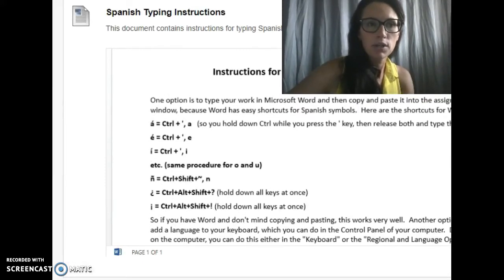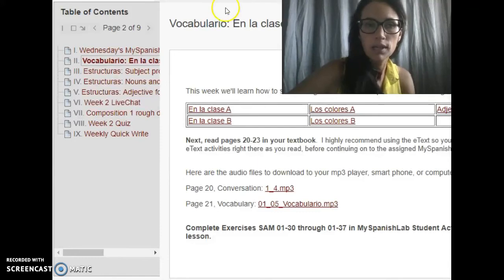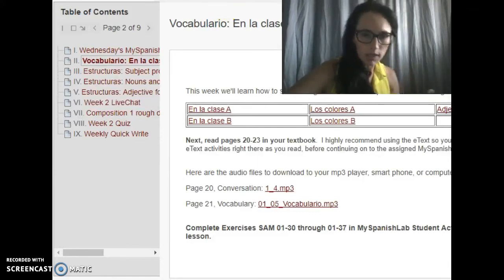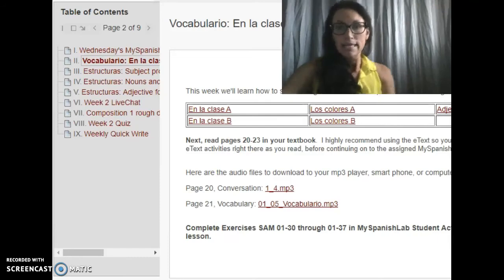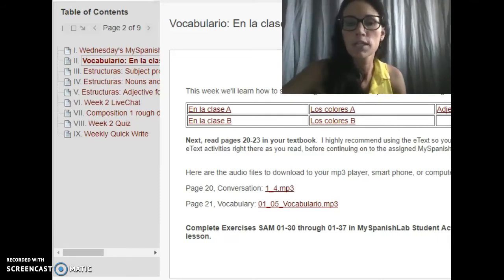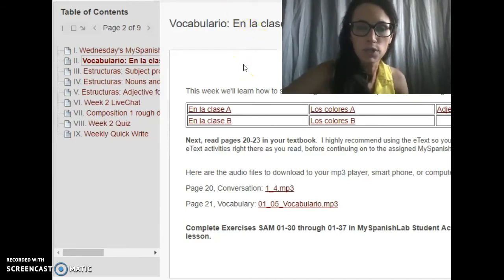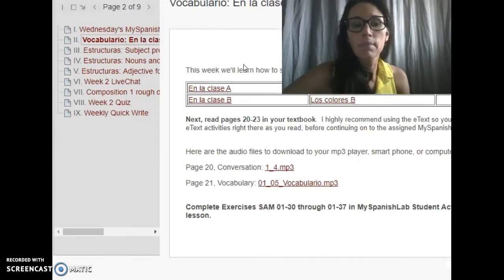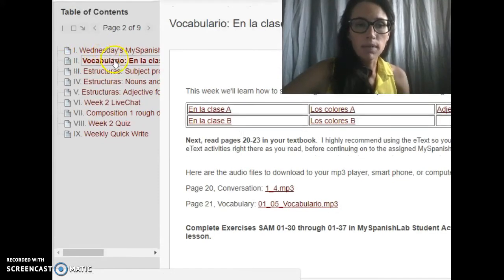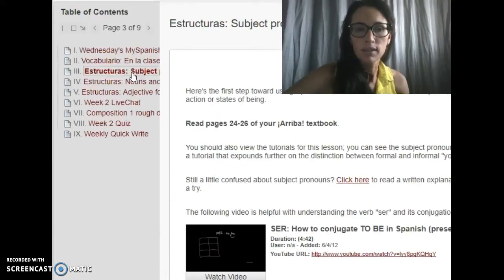The other place that I wanted to show you is in the weekly folders. And I know, now that you've kind of gotten into the class a little bit, it may be tempting to skip Blackboard for the most part and just go straight to my Spanish lab, because that's where a lot of the points that you need to earn are. But I just wanted to remind you that Blackboard, of course, is where I put the support materials that I've curated specifically for you. And you might not like all of them, that's totally fine, but like the videos that I have in here are things that I've selected specifically to support your work in this class.